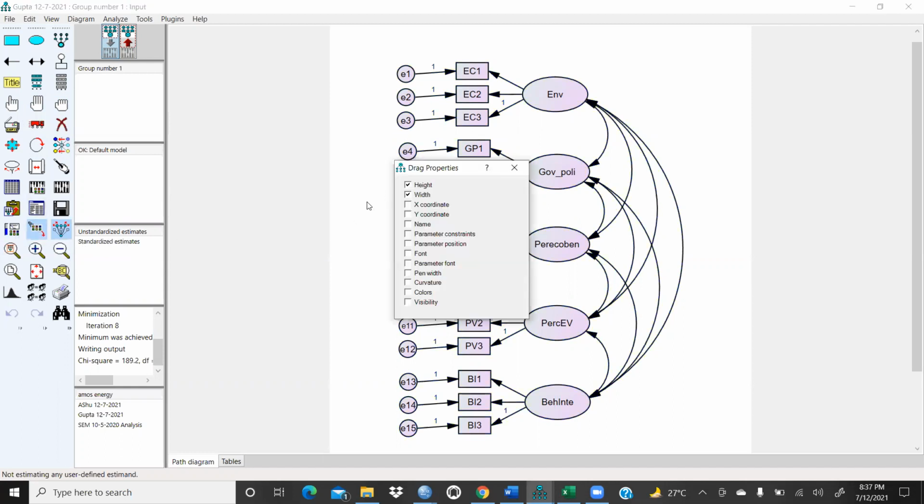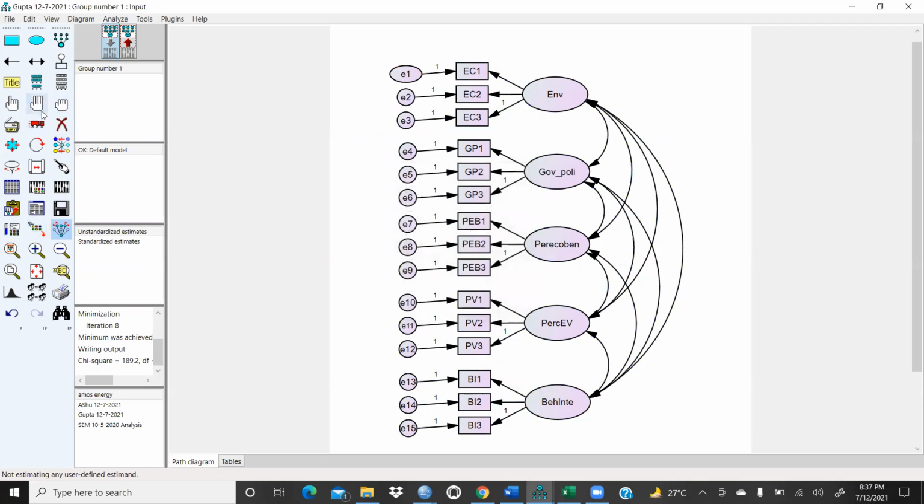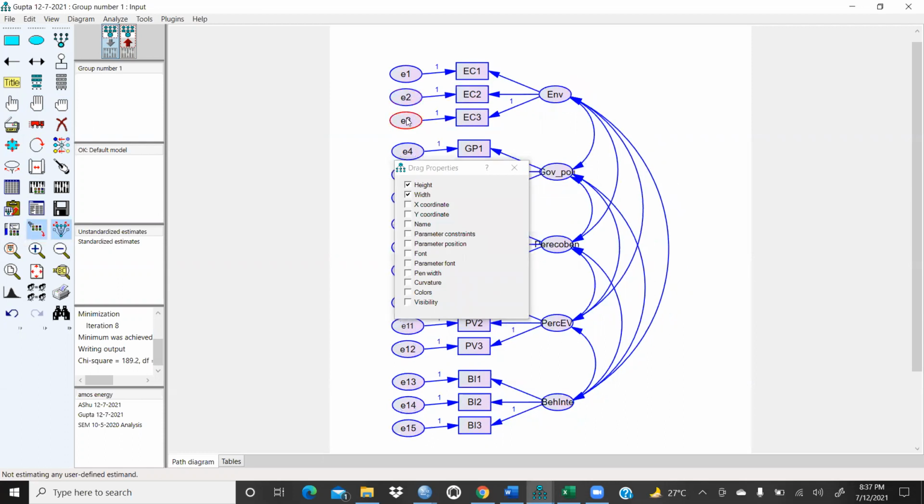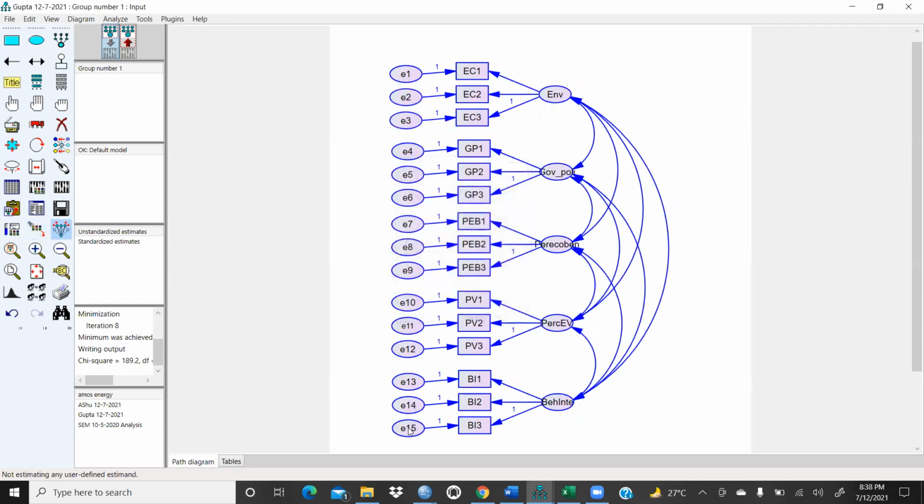And I will click on this height and width, right? Now I will click on this, and you could see here, this one is also a similar size, right? If I select this complete figure and drag it, you could see here, in one go, I'm not doing one by one, in one go,